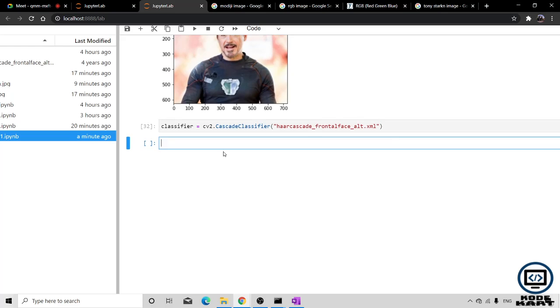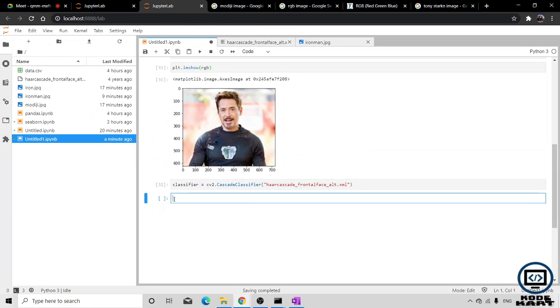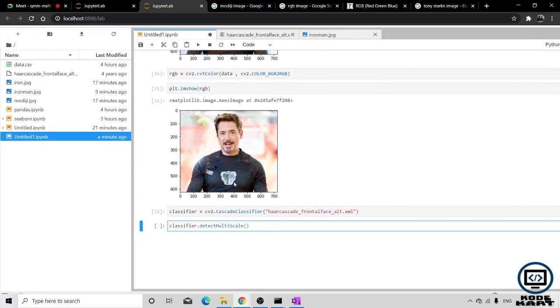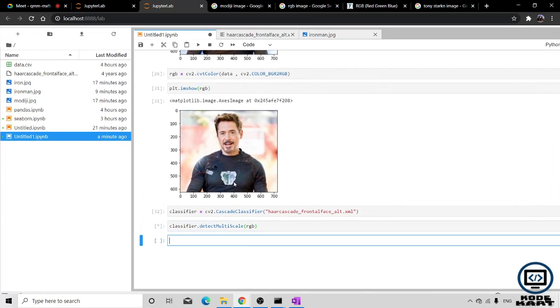After that, I want to classify the image, so I will use classifier.detectMultiScale. I want to detect the face in that particular RGB image, so let's pass the RGB here.